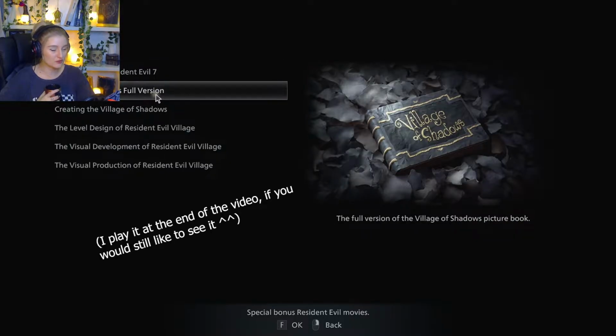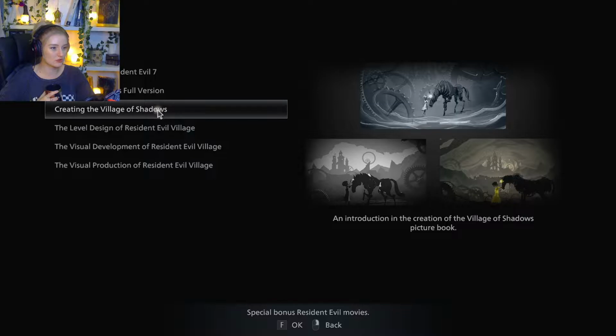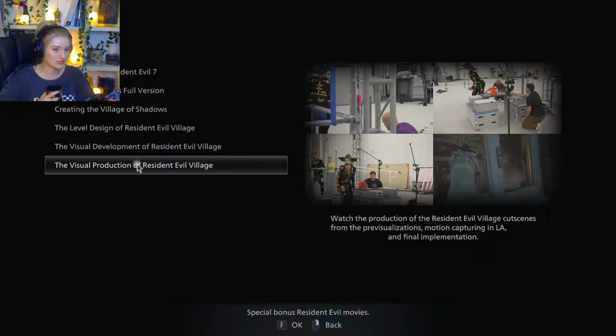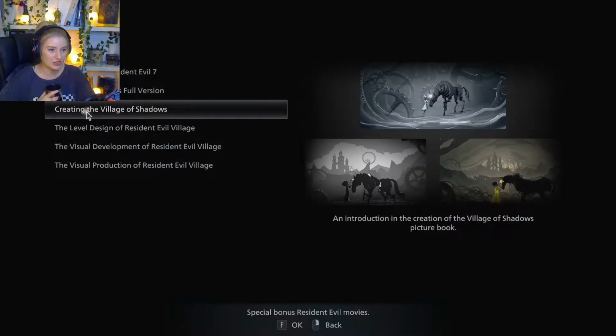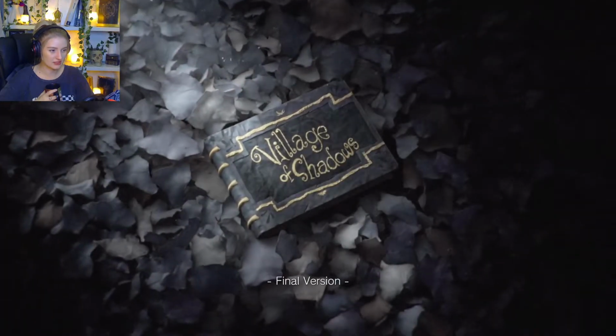Village of Shadows full version is just the whole cutscene for the start and the end part together. We've already seen those, so it doesn't really matter. So let's just do 1, 2, 3, 4 tonight. We're going to start with this one, Creating the Village of Shadows. It says an introduction to the creation of the Village of Shadows picture book, which I know everyone loved, so let's go for it.